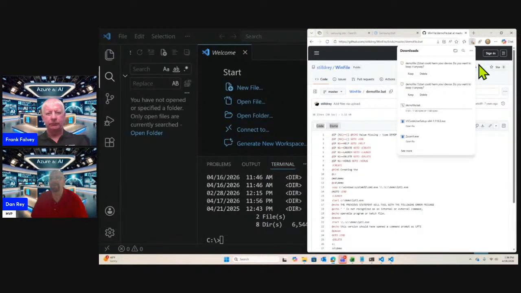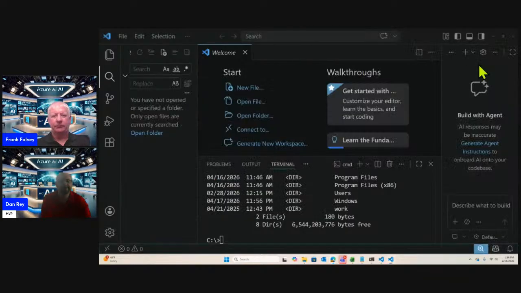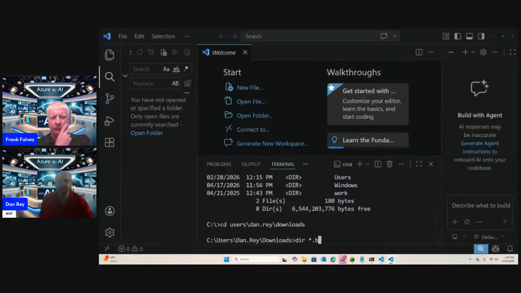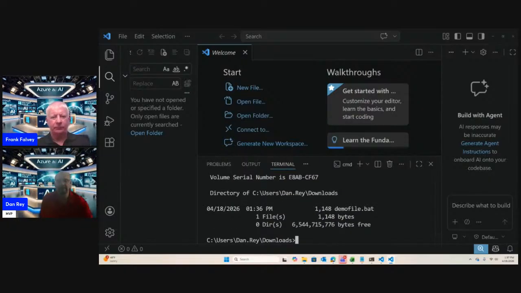It looks like it could be potentially harmful. And I wrote it, so I know it's not harmful in the ways it's concerned about. Users, dan.ray/downloads. If I look for that bat file I just downloaded, demo file